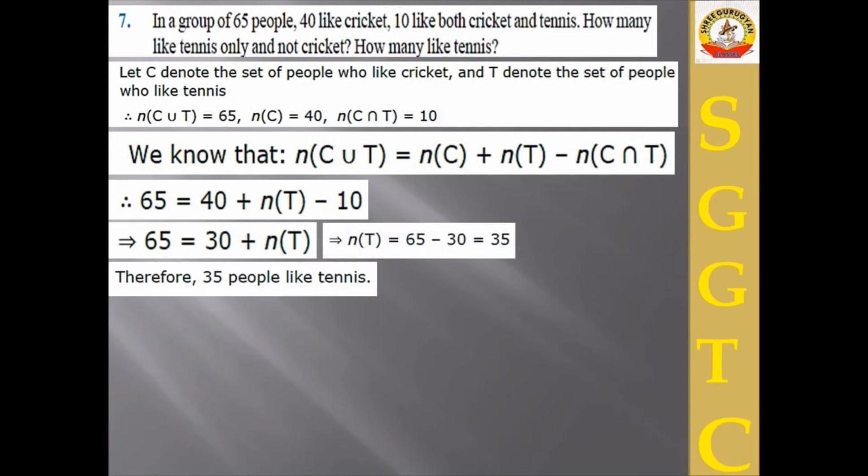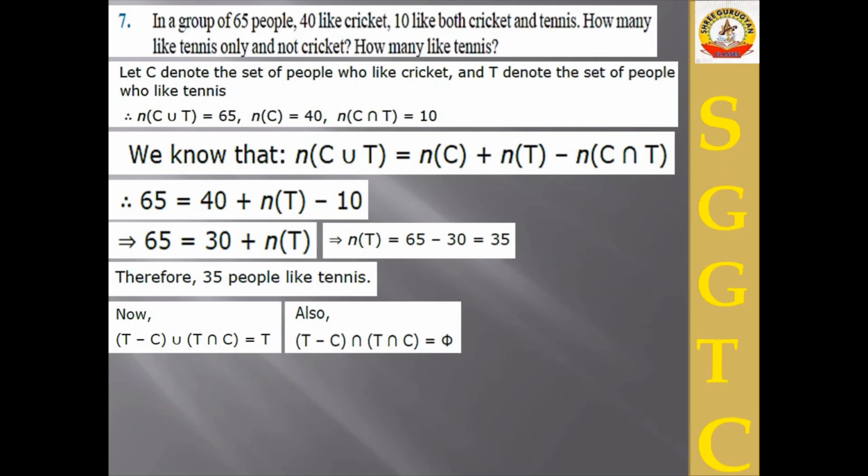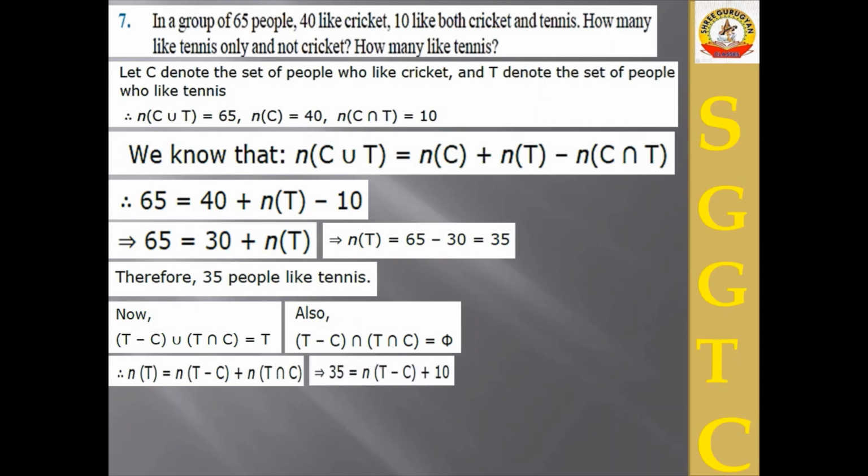And let me show it in our Venn diagram. Yes students, I calculate after the Venn diagram. But listen here, our target is how many like tennis only. And the second question, how many like tennis only but not cricket. It means only and only tennis is selected, so N of T only is being asked. Very easy: T minus C, and T intersection C is the null set. It means you put the values in subtraction. 35 minus 10, you get 25.